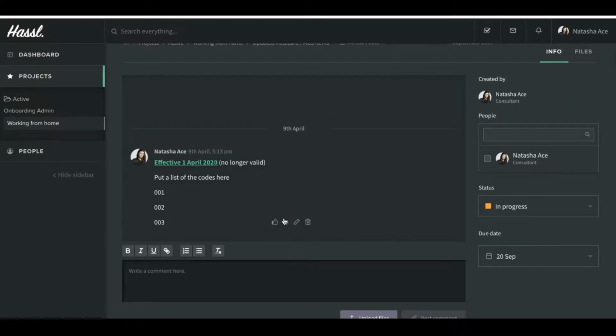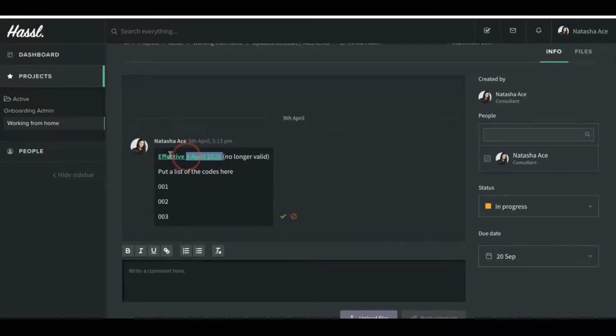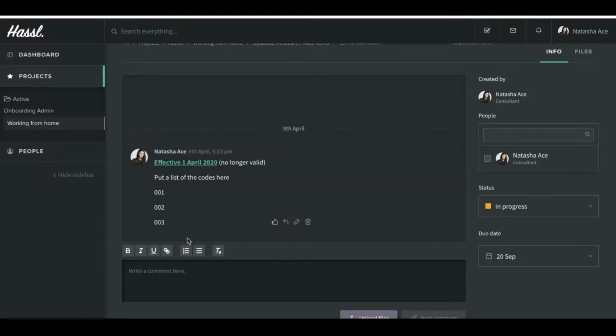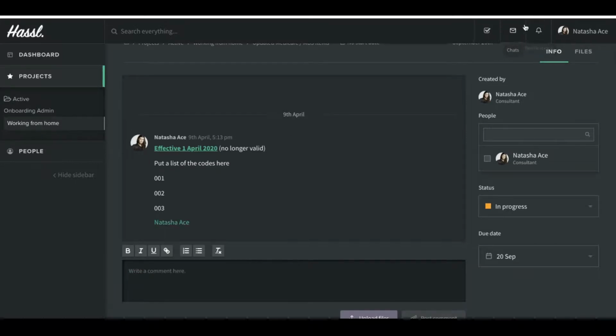Or I can, if I want to, I can actually just delete it. I can do a bunch of different things in there. The other thing too is if I had more than one person in here, I could tag them, which then will give me a comment up here and show me in the notification that I have been tagged